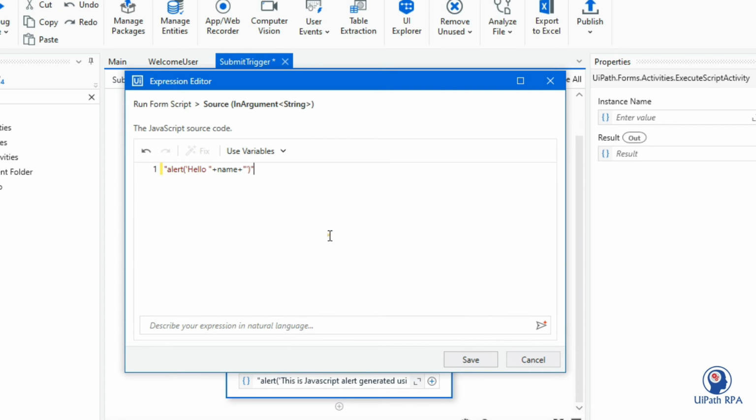So now this name. It will say hello, and let's say if I enter Manish Pandey in that field, it will say hello Manish Pandey. And after the double quotes, only to show variables we need to pass them this way. Now after that I want to say hello Manish Pandey,